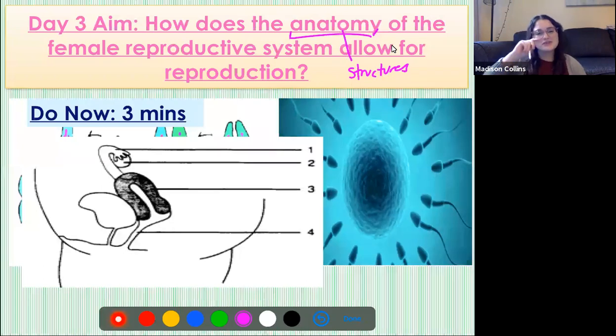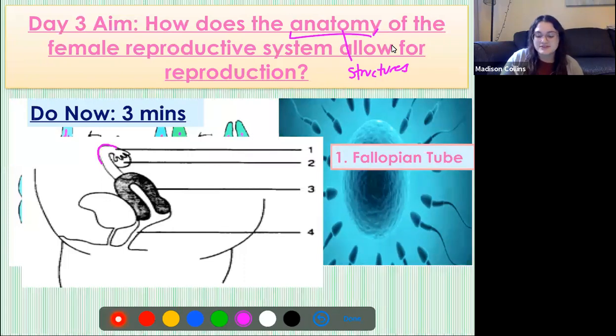All right, so you should have told me that structure number 1 is the fallopian tube. Now, we also need to know that this is where that process of fertilization occurs. So when we've been talking about the sperm combining with the egg in a process known as fertilization, we need to know what happens in the fallopian tube. So as soon as the egg is released from structure number 2, it'll travel down into this tube. And if it meets with a sperm at any point during that journey, it will become fertilized, which means that